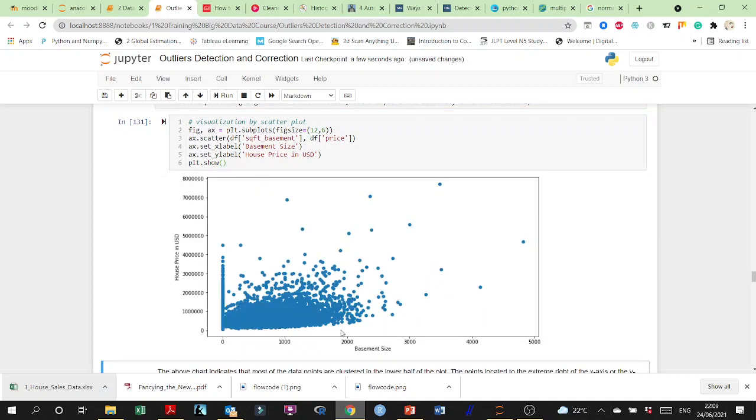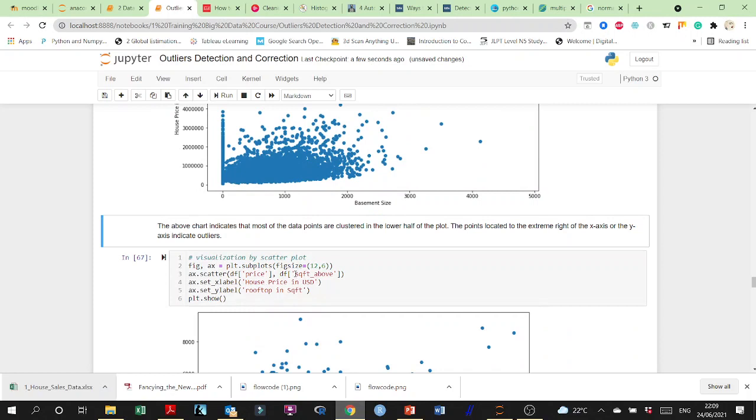Because as the basement size increases, the assumption is that there is a linear relationship. So it seems like as the size of the basement increases, there will be a slight increase in the prices. So the same applies here. So please make sure, guys, that you have the price in the